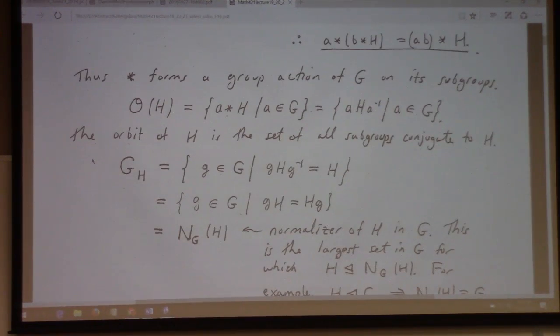then I figured out that the orbit was just the conjugacy class. Well, it's the set of all conjugate subgroups to H. I don't know if that has a good name except to say that. And the stabilizer here is actually the normalizer of H in G. It's the largest subset of the group with respect to which H appears as a normal subgroup. So, any questions? I know this is a group because we proved the stabilizer is a subgroup, you know? So,